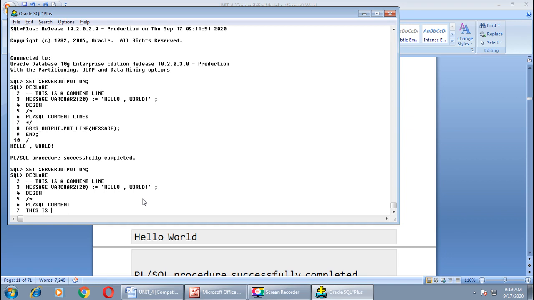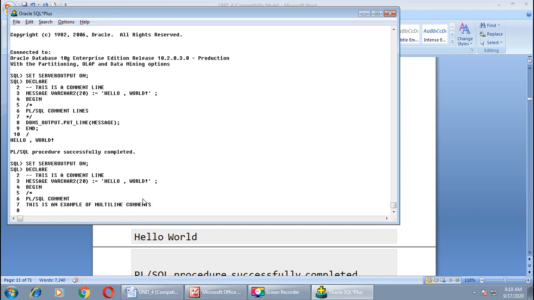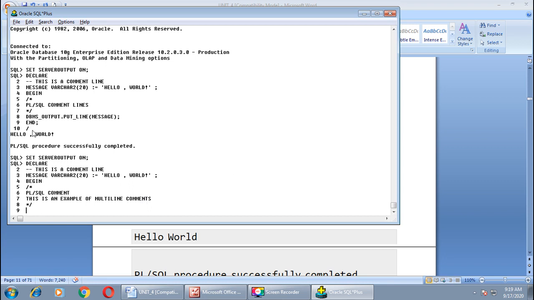This is an example of multi-line comments. End of comment. Then I will print the same message.